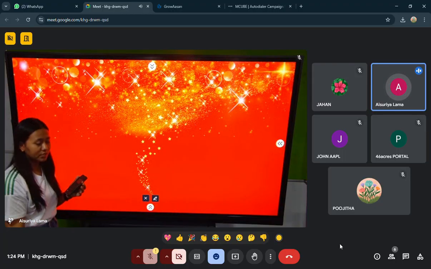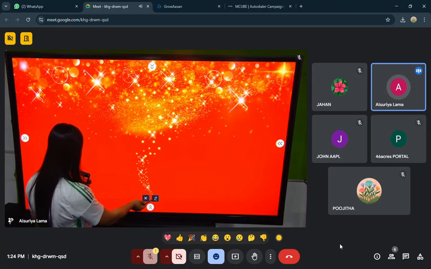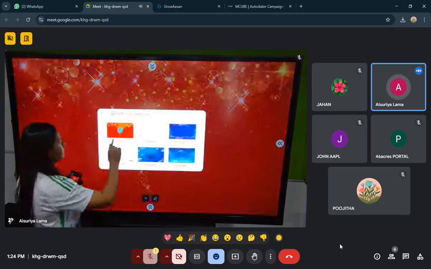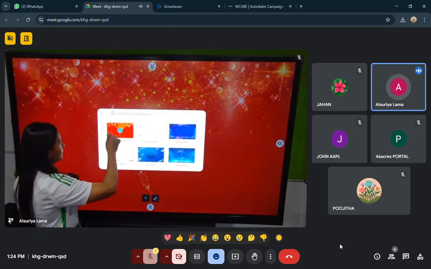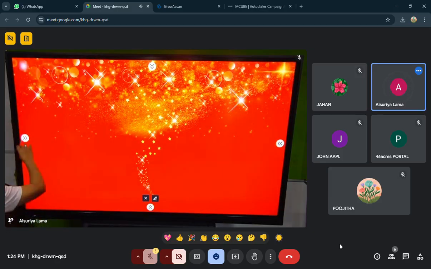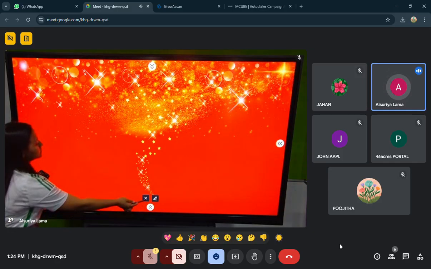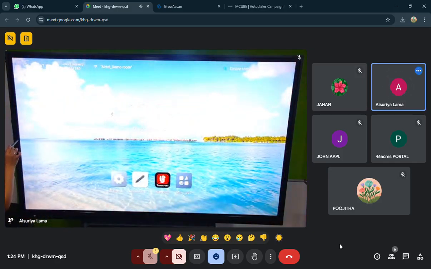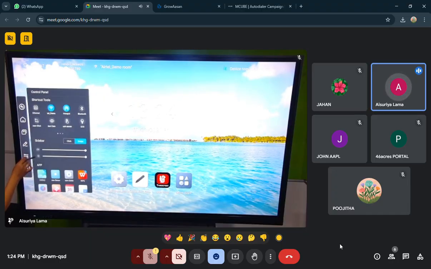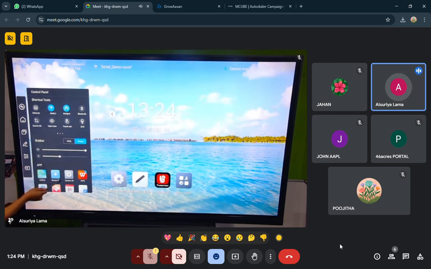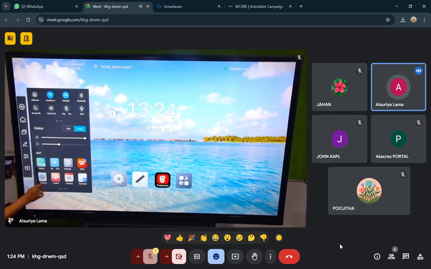If you want to change the template of the curtain, you just have to click this pen sign, and then the entire template will be available here. So you can change the template. Close it down like this. The next option here is for sidebars. If you want to increase or decrease the volume, you can do it from here, and likewise for brightness. Then here you have applications. All the shortcut applications are available here.